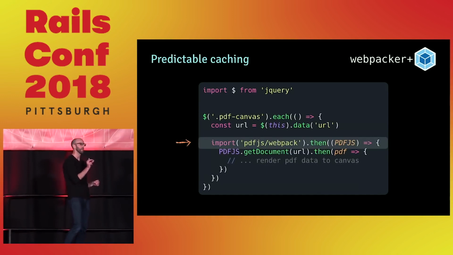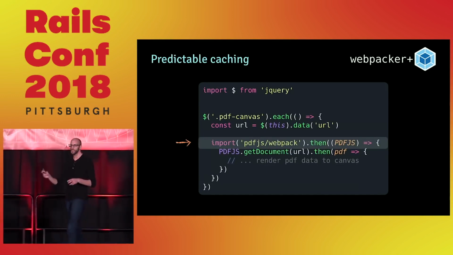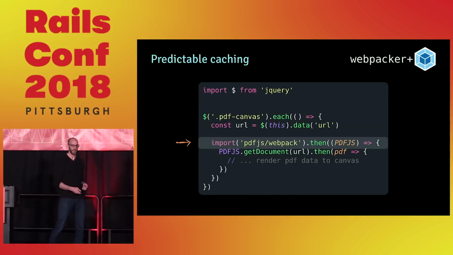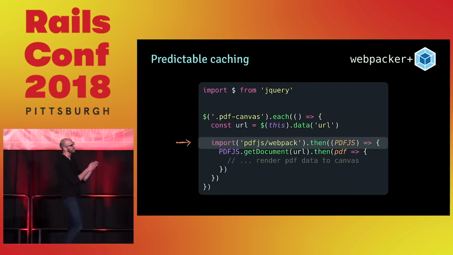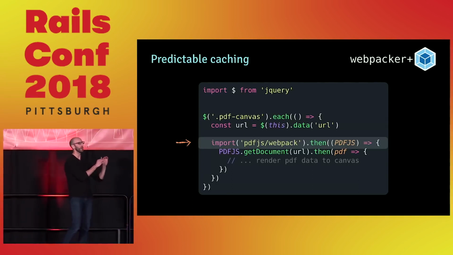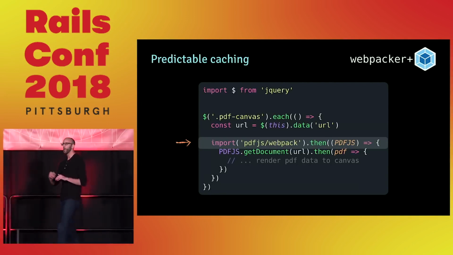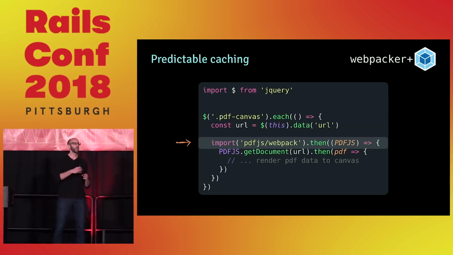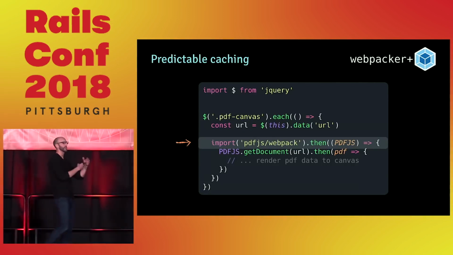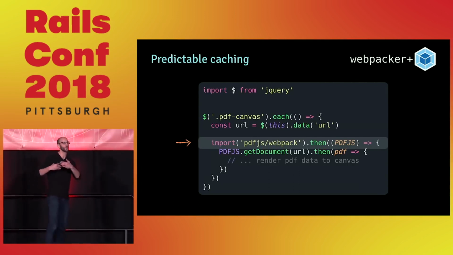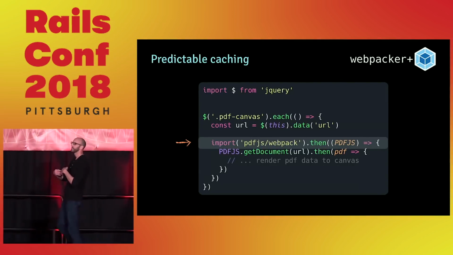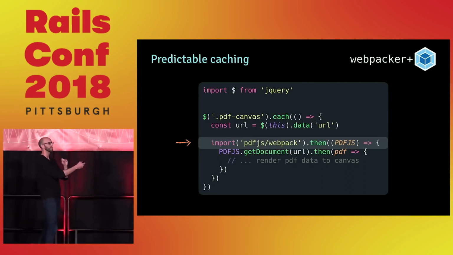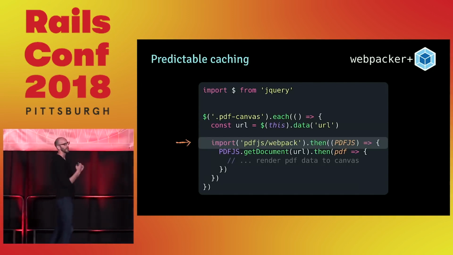So changing that import from statement to an import function call is actually very different behavior from Webpack's perspective. To read this, what we're saying is only when this code is evaluated in the browser will Webpack make a request for this package, which is not in your vendor bundle anymore. When Webpack runs its build, it will actually separate this package out into its own bundle that it can then request on demand. This function call actually returns a promise, which won't resolve until that package is downloaded,